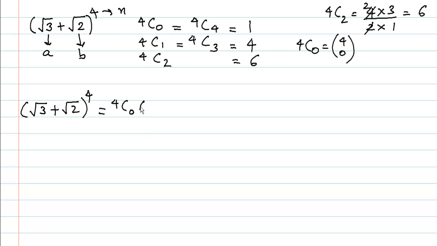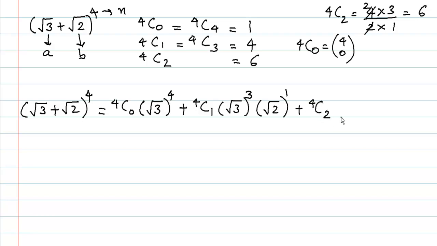We'll then write a raised to n, where n is 4, plus 4c1, a. Last time it was 4, so this time it would be 1 less, it would be 3, and this time we'll introduce the b, so root 3 raised to 1. Remember, 3 plus 1 is again 4. That was the original value of n. Plus